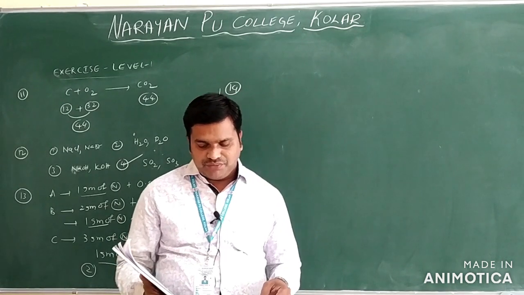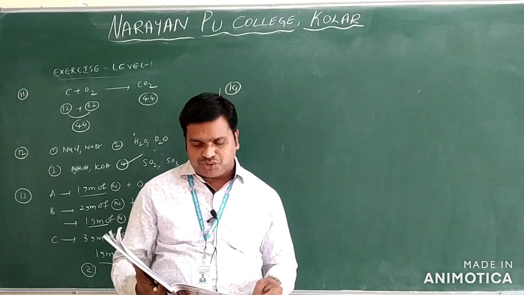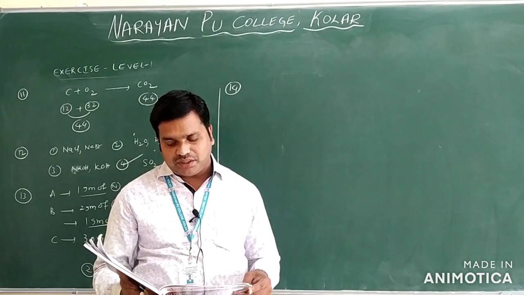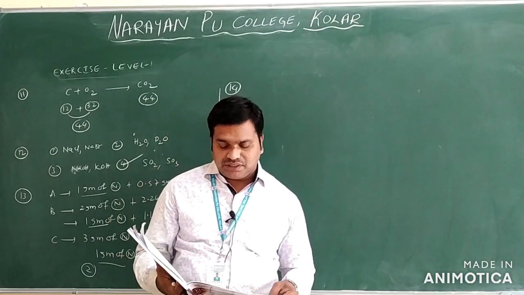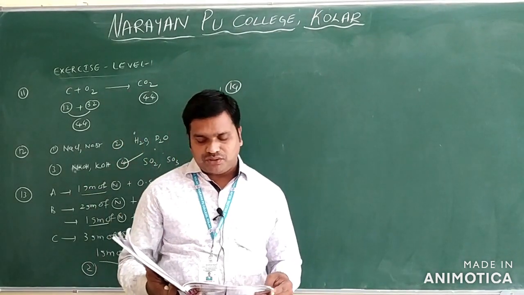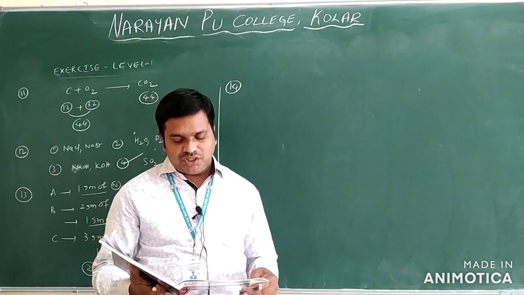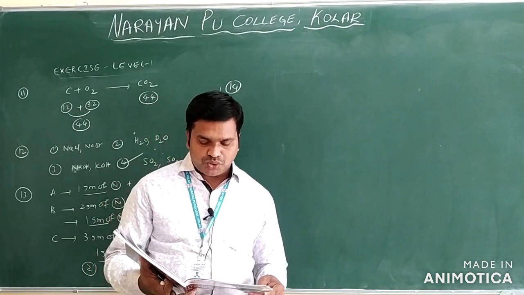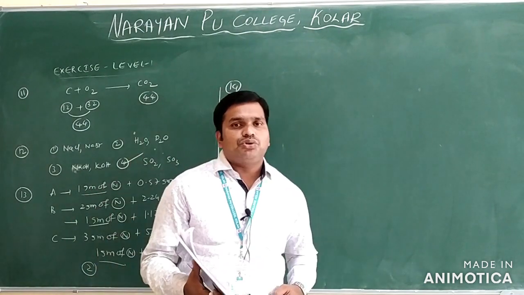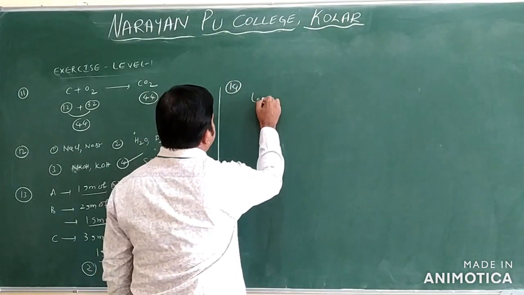See question number 14 we have. Hydrogen combined with oxygen to form H2O, in which 16 grams of oxygen combined with 2 grams of the hydrogen. Hydrogen also combined with carbon to form CH4, in which 2 grams of hydrogen combined with 6 grams of the carbon. Carbon and oxygen combined together will show in the ratio of what compound only. If you want to solve this question, you have to know one law, that is the law of reciprocal proportion.